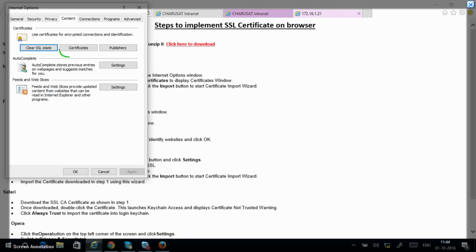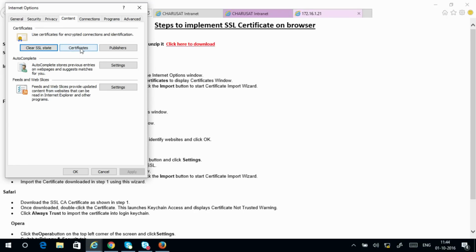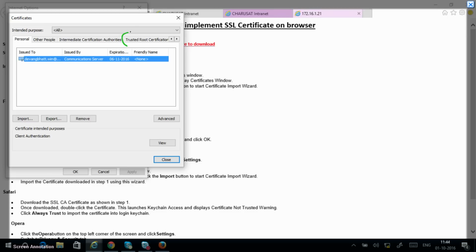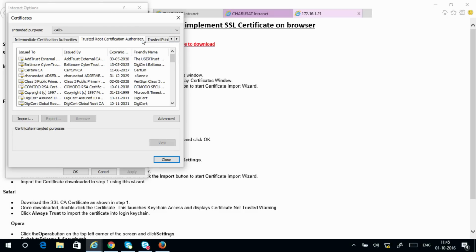Below that Content tab you will further find a Certificates button. Click on it, and the moment you open it, various tabs will open. But what you have to do is select the Trusted Root Certification Authorities tab only, which you can see somewhere here. Click on that tab, and below that tab click on the Import button.